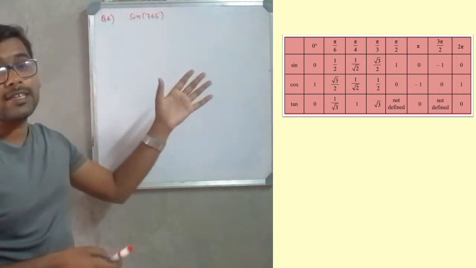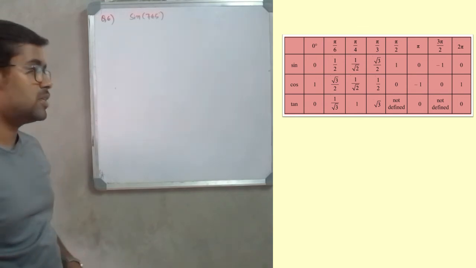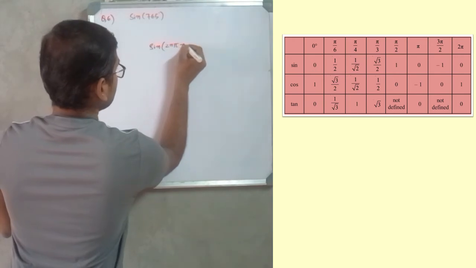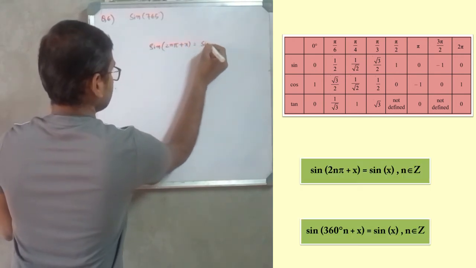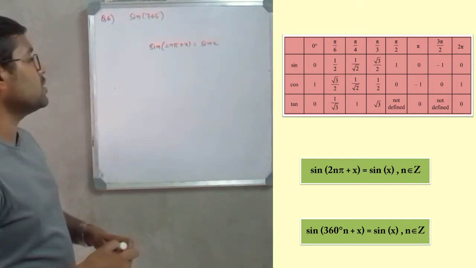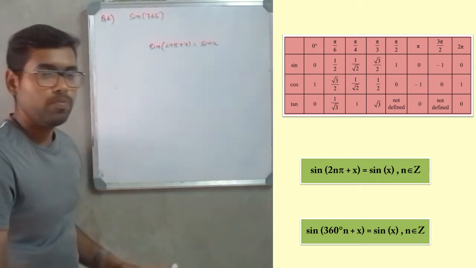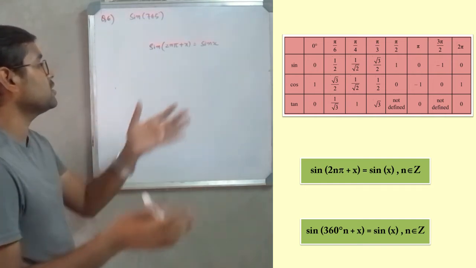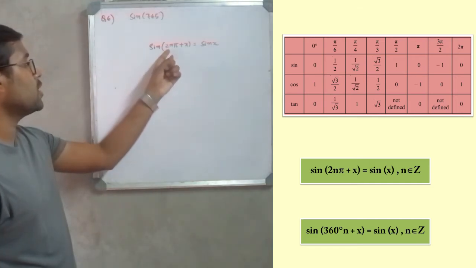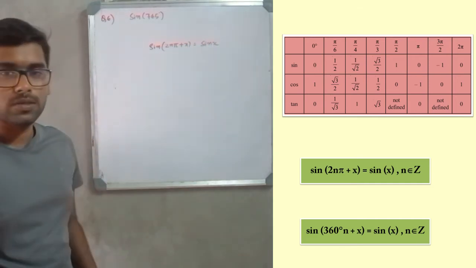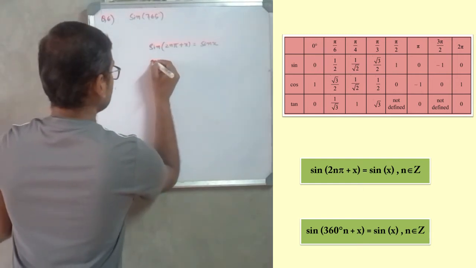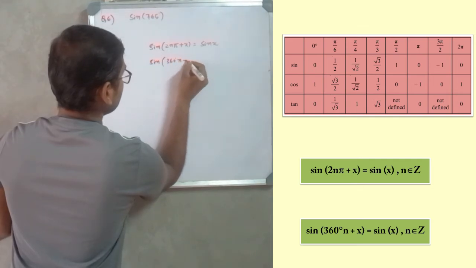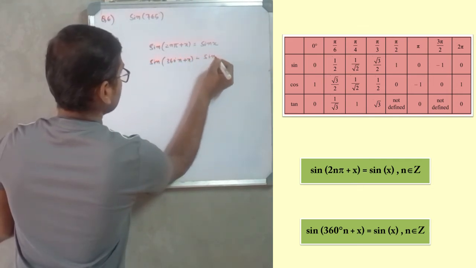Similarly, the value of sin x also repeats after the interval 2 pi, which gives us the relation sin 2n pi plus x is equal to sin x. Which means if you increase the value of x by integral multiple of 2 pi, then the value of sin does not change. The value of function sin does not change. The value of sin 2n pi plus x is equal to sin x. In degrees, if you write this relation, 2 pi will be 360 degree. Sin 360 degree into n plus x is equal to sin x.